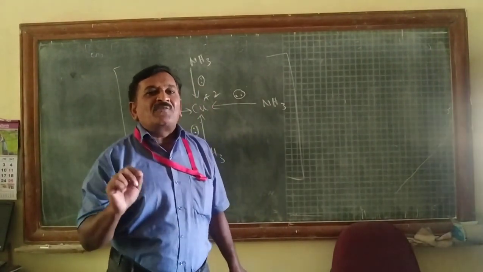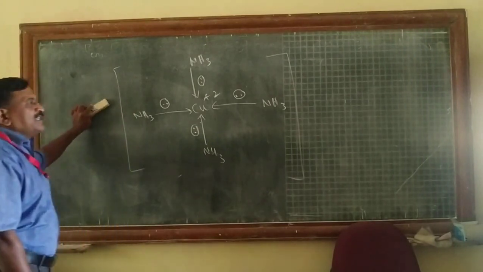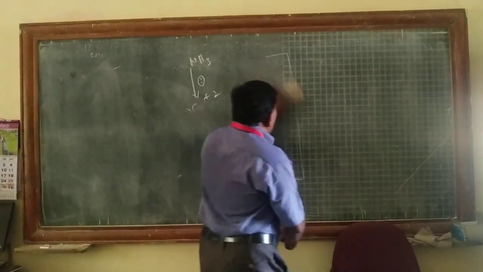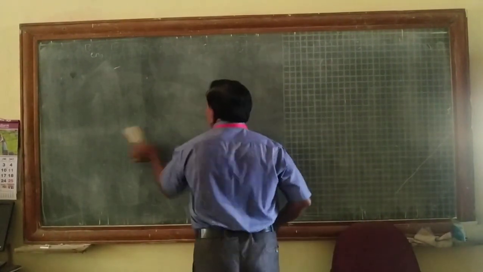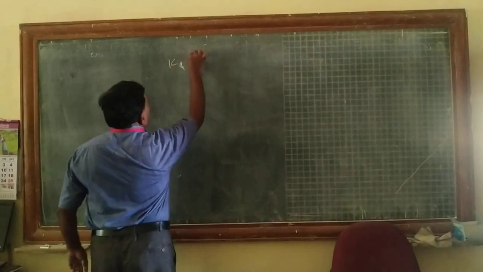They can supply a pair of electrons to the central metal ion. So this is the first example, ammonium sulfate. Then we will be taking a second compound, potassium ferrocyanide,